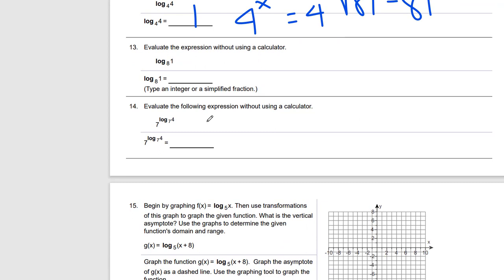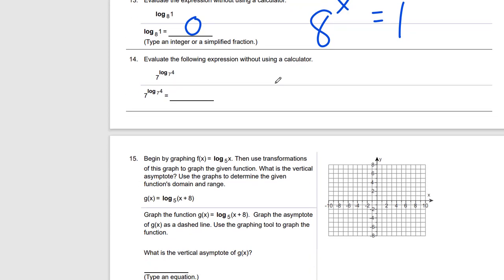Number 13, we have a base of 8 raised to some power equals 1. Well, anything raised to the 0 power is 1. Okay? And for this one,